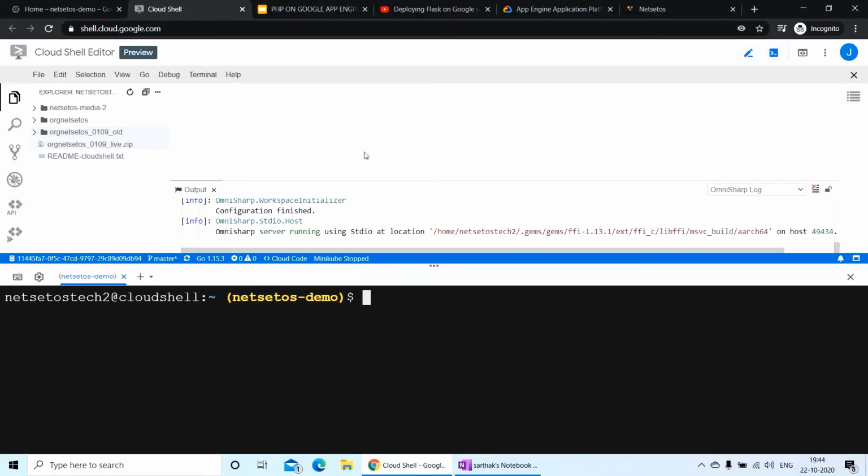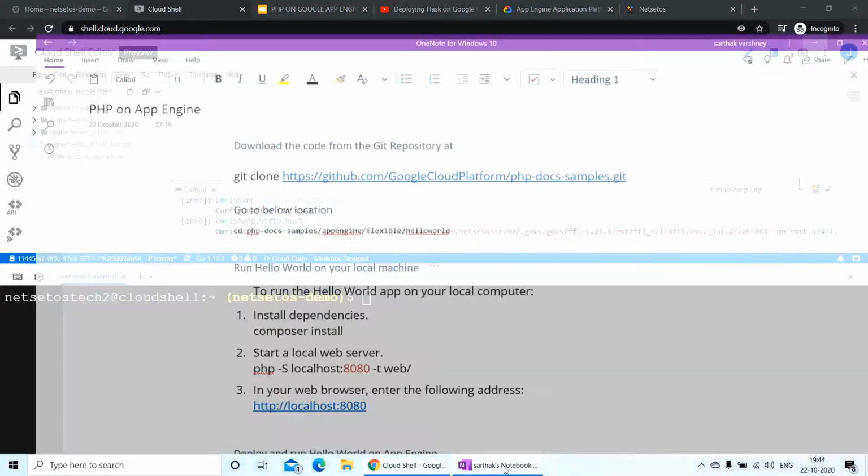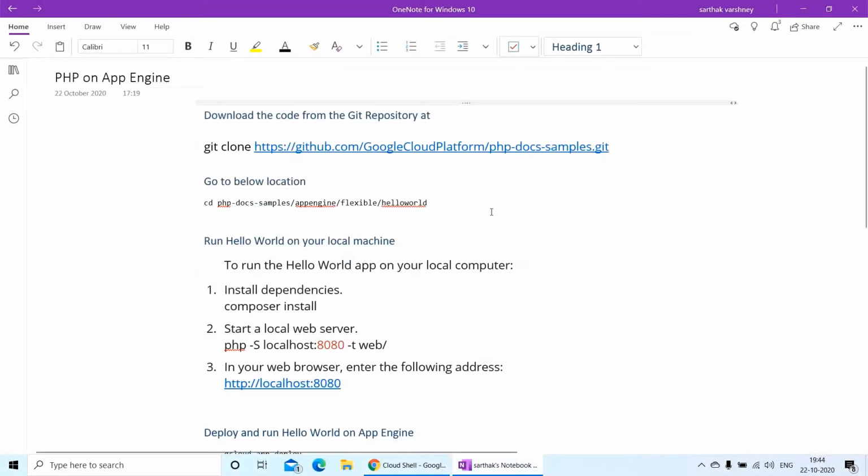So let's see what all steps are involved in this. The main reason why I preferred it is that it does not require any installation of Git either. Otherwise, if you are using a local setup, then you have to install Git, then you have to install Composer, then PHP and several dependencies. In this way, we can directly just use this git clone command. I will give all these things in the description, so you do not need to worry about the links. We will go through these things one after the other also.